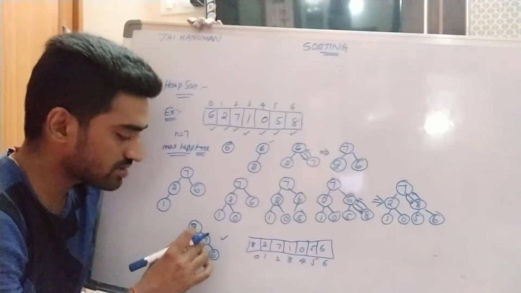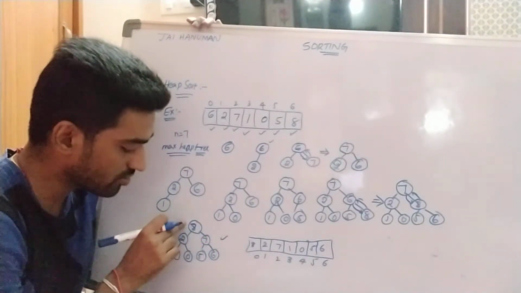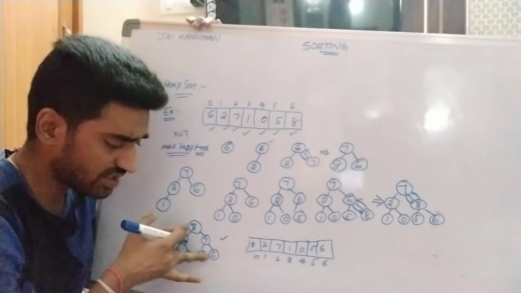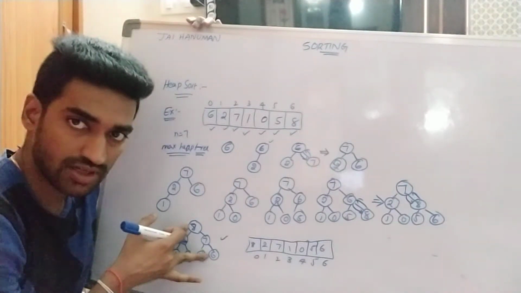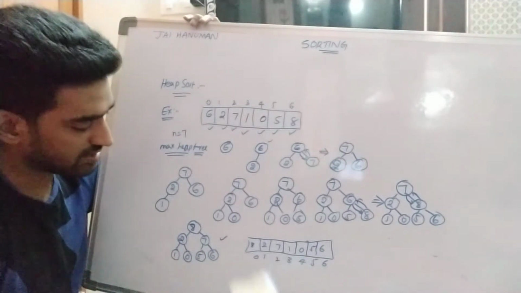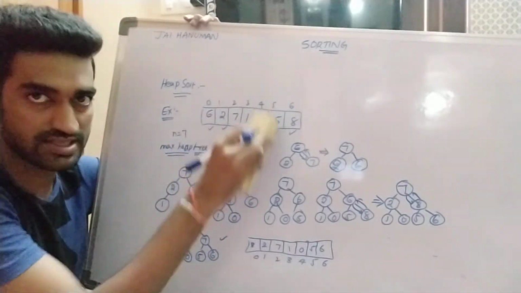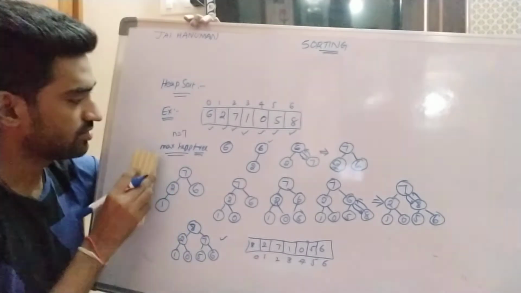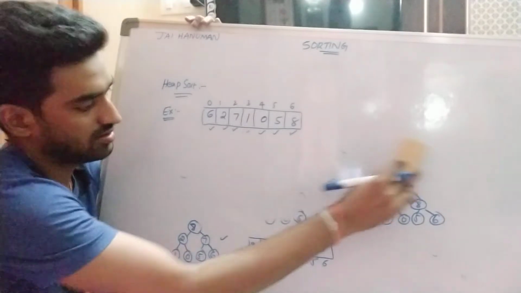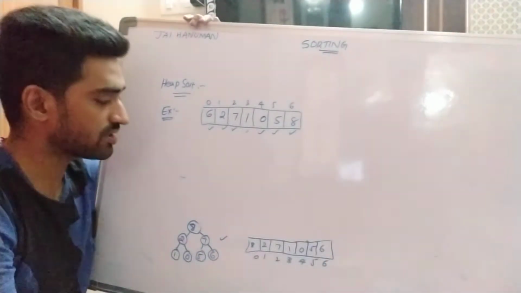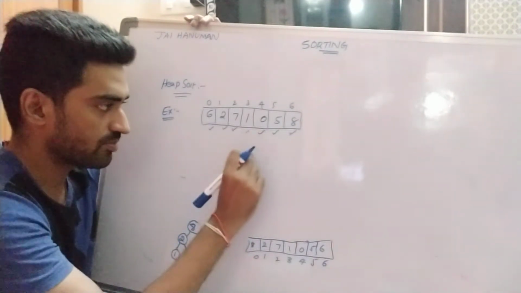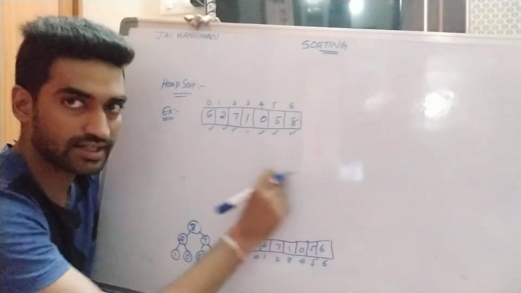Right? So once we construct the max heap tree, delete the root node. So delete the root node and replace it with the last node in the tree. Right? So here, what is the final tree? This is the final tree for this array, the max heap tree for this array. Right? So here, what is the next step for the max heap tree? Delete the root node and place that node in the sorted array, right?